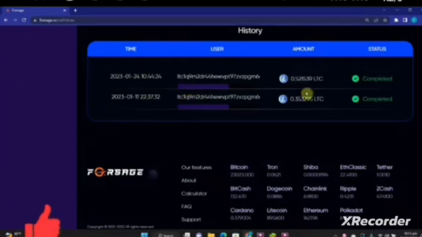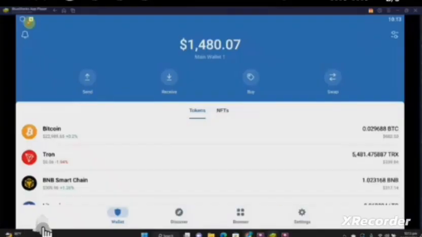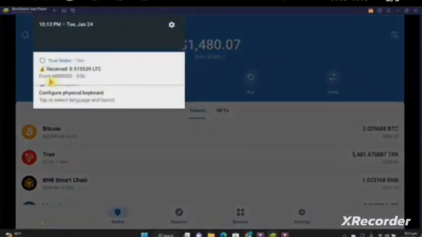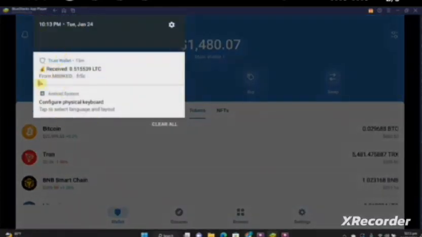Okay, so now let's head over to my Trust Wallet account, guys, and I'll show you the payment over there. Okay, and if I pull down this notification, you see here that it is saying that I received 0.51